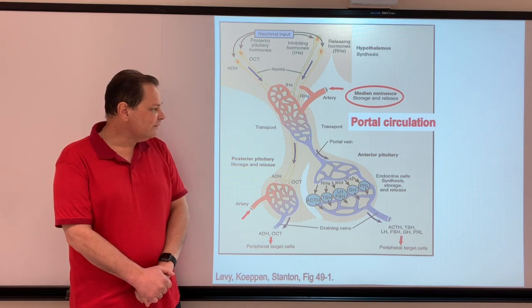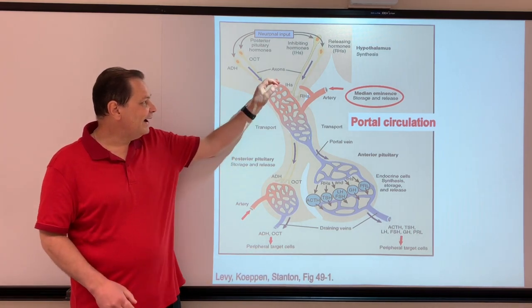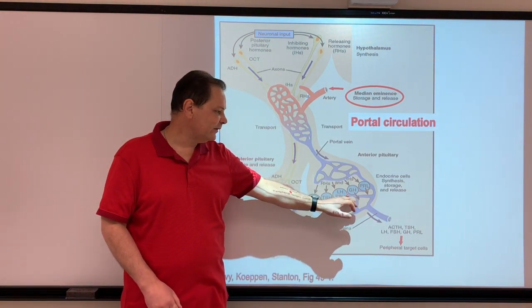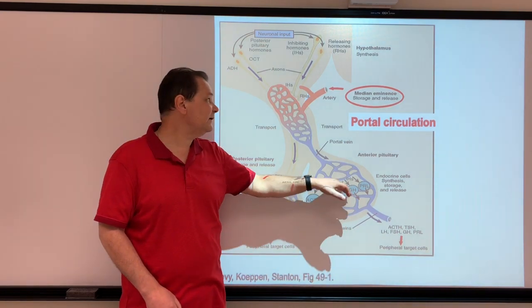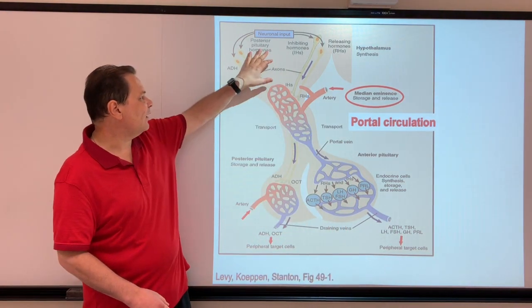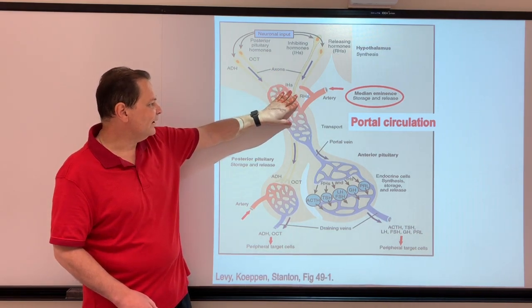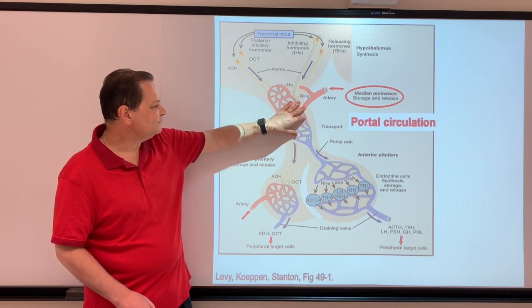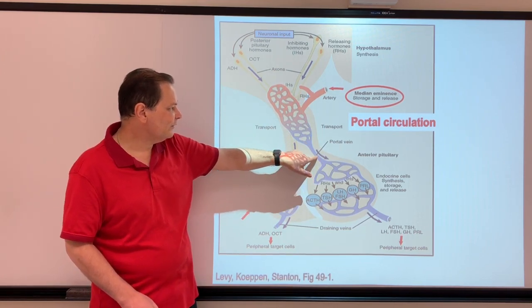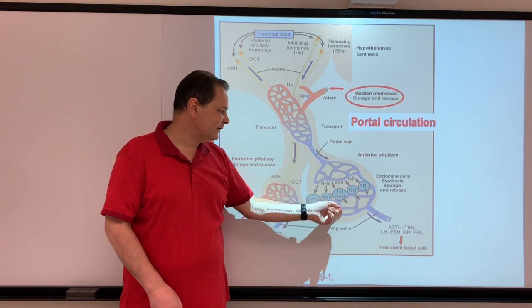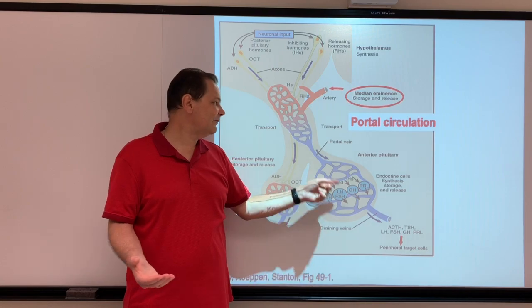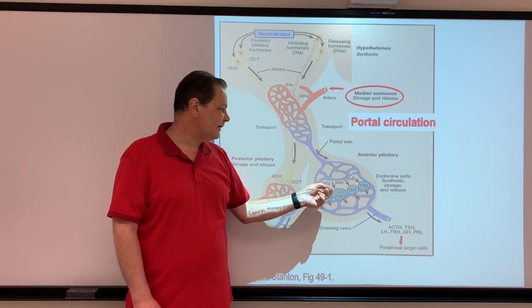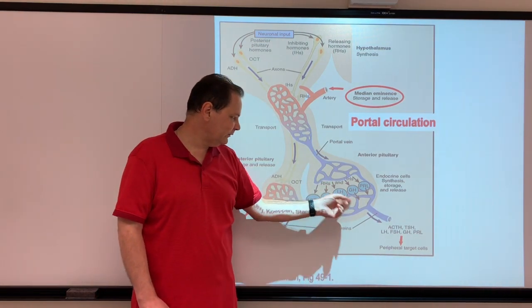The portal circulation, this communication between the hypothalamus and the anterior pituitary, which is where your FSH and LH are secreted, is through a portal system. So the GnRH is secreted into the bloodstream here and into where the capillaries are. And then you have this transport through a portal vein to another capillary bed. That's the definition of a portal system. You have a vein mediating blood transport between two capillary beds. And in this case, your second bed is in the anterior pituitary.